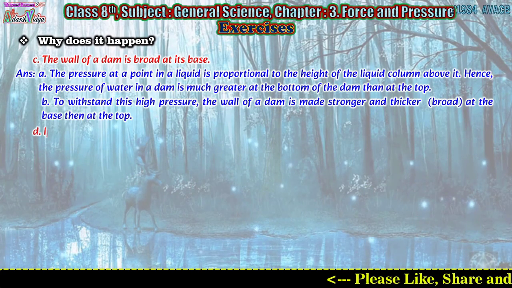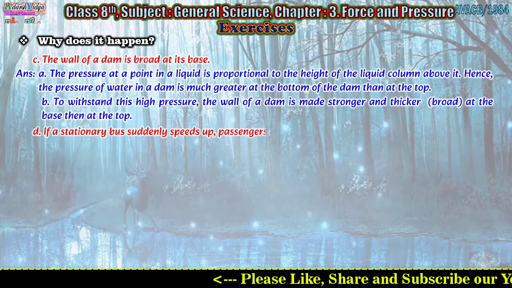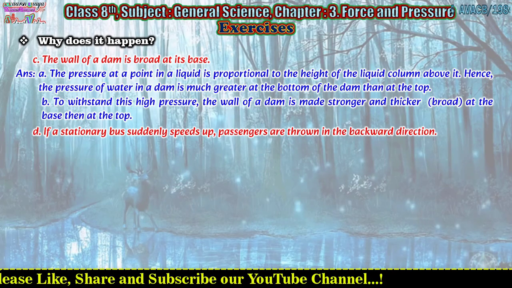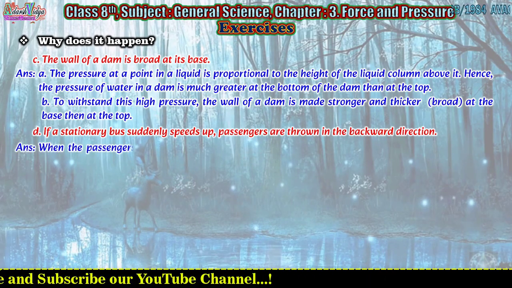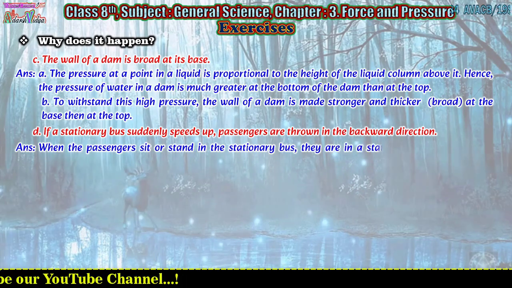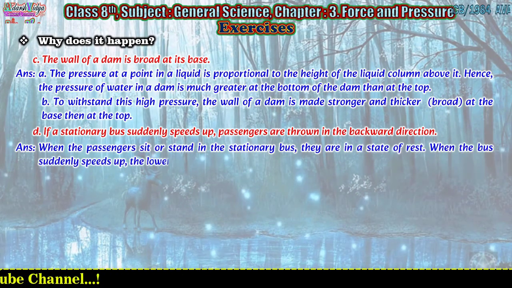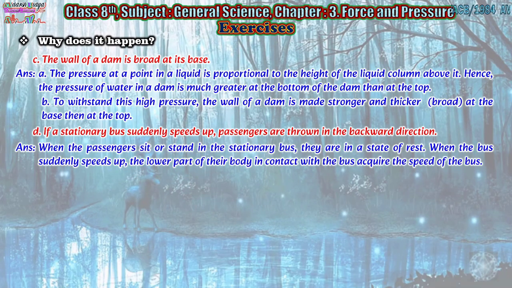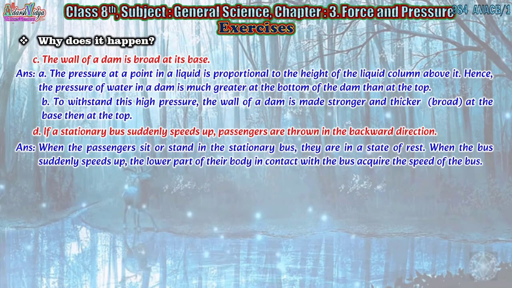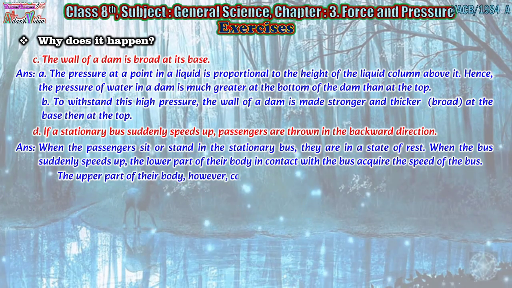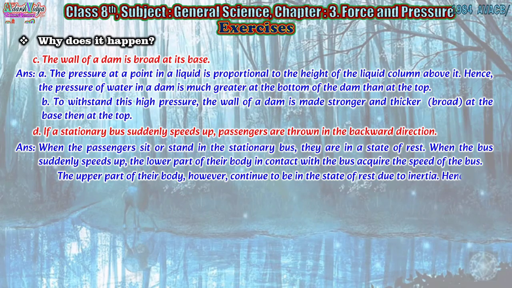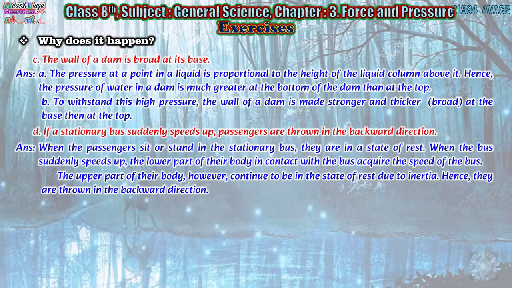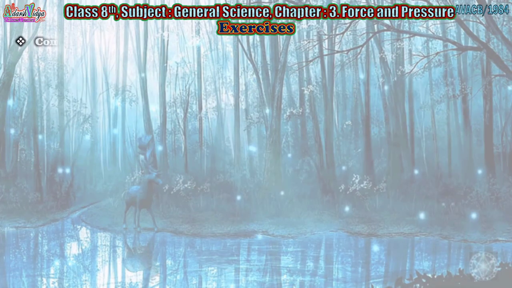Then, another is D. If a stationary bus suddenly speeds up, passengers are thrown in the backward direction. Answer: when the passengers sit or stand in the stationary bus, they are in a state of rest. When the bus suddenly speeds up, the lower part of their body in contact with the bus acquires the speed of the bus. The upper part of their body, however, continues to be in the state of rest due to inertia. Hence, they are thrown in the backward direction. Next question is